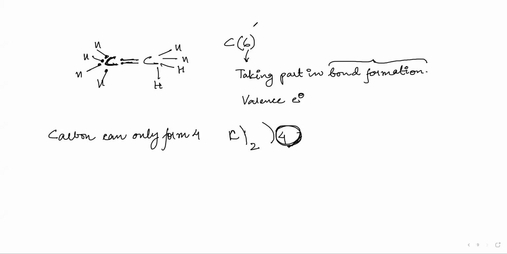And I hope you remember carbon can only form 4 bonds. How many bonds? 4 bonds. You know that, right? Yes, sir. So how can it make 6 bonds here? So there is something wrong with your structure, correct? Yes, sir. So the structure will be like down 4, then up 4, one carbon down, then another carbon up.